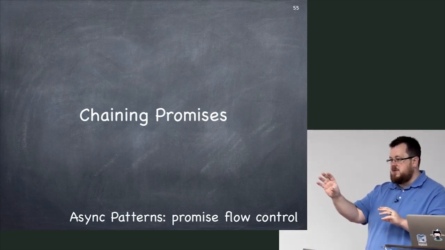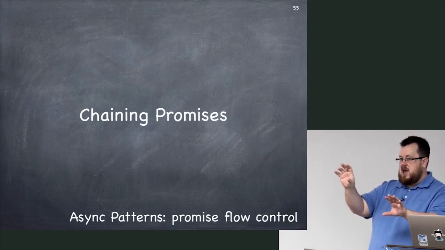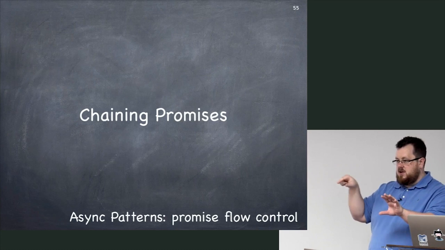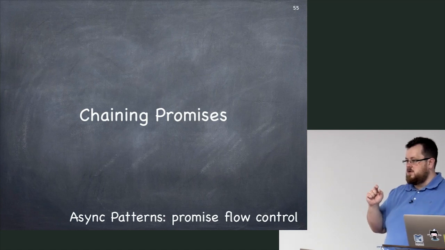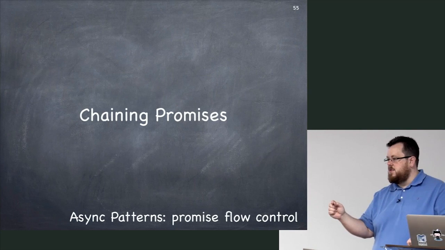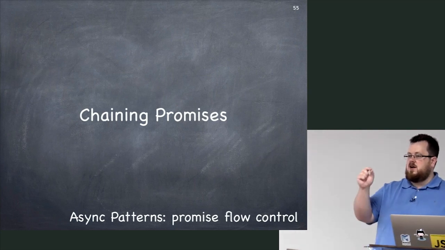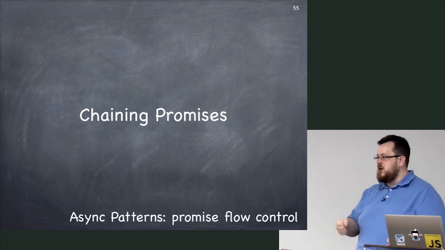Here's your key takeaway to understand how chaining promises happens. The way you take a promise A and chain it with a promise B is that in the promise A, when you set up a then handler for promise A, in that handler, you return promise B. You return one promise, you return the second promise from the success handler of the first promise. And magically, they chain together.